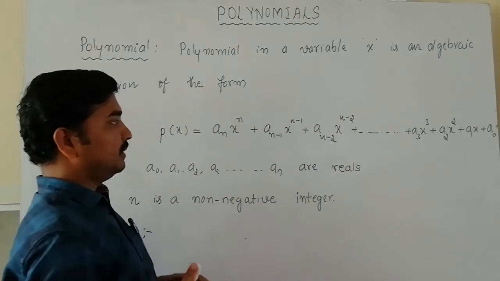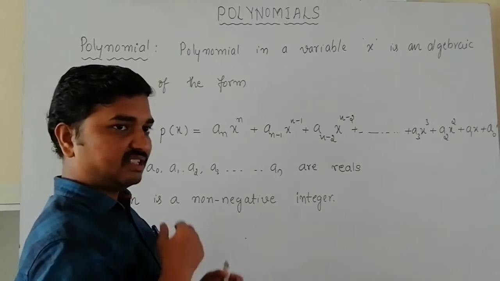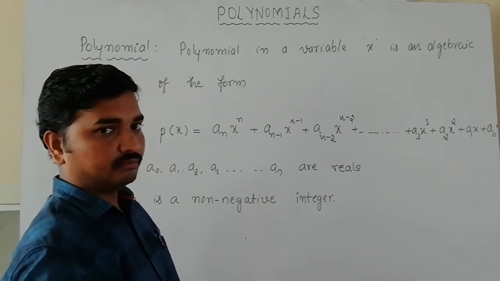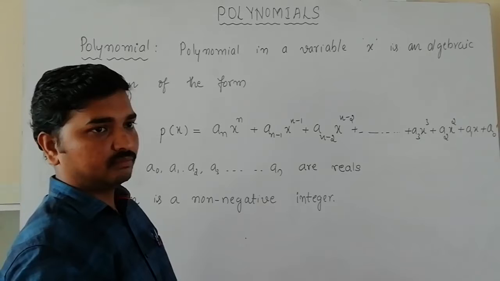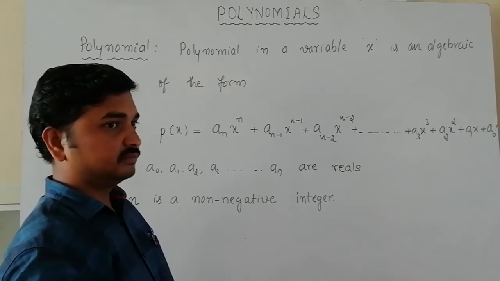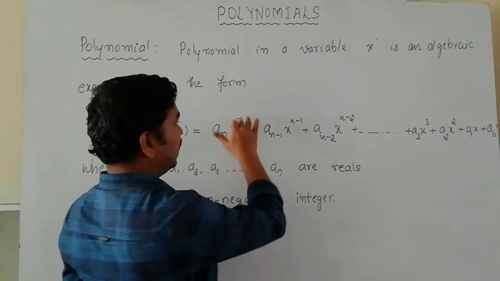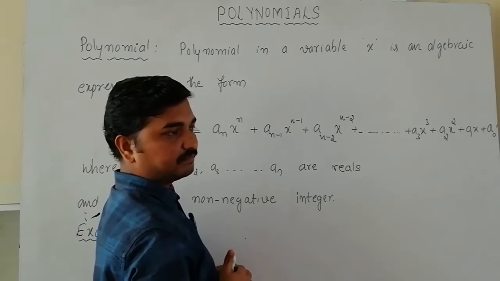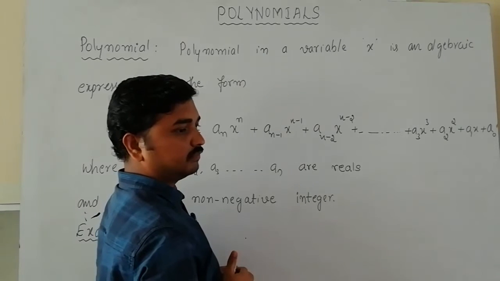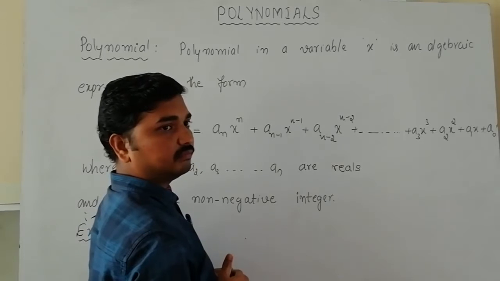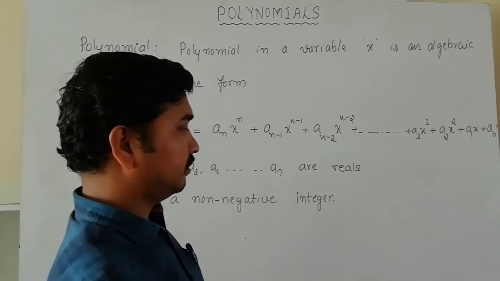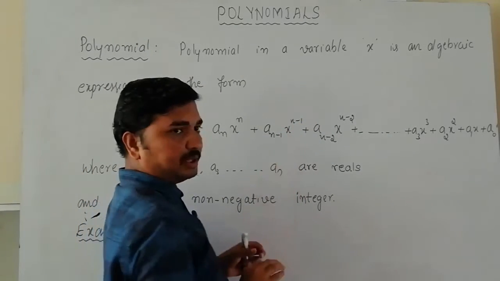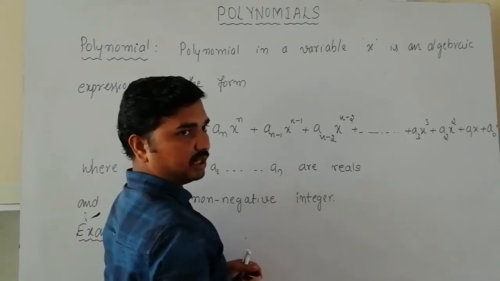Means what will happen to the exponent of x, is it decreasing or increasing? Now it is n, then it becomes n minus 1. Is it decreased or increased? Tell me anyone. Decreasing. Okay. So n minus 1 means you are going to remove 1 from n. That is the meaning of n minus 1.